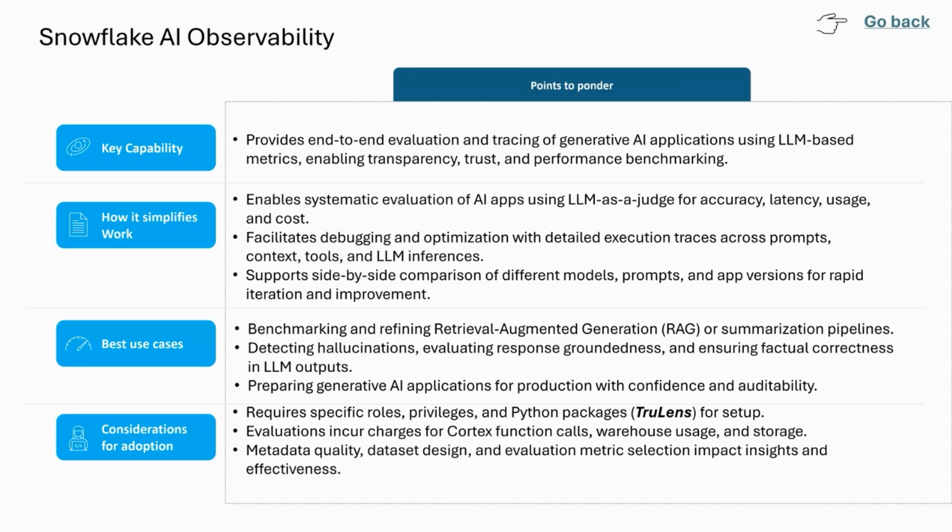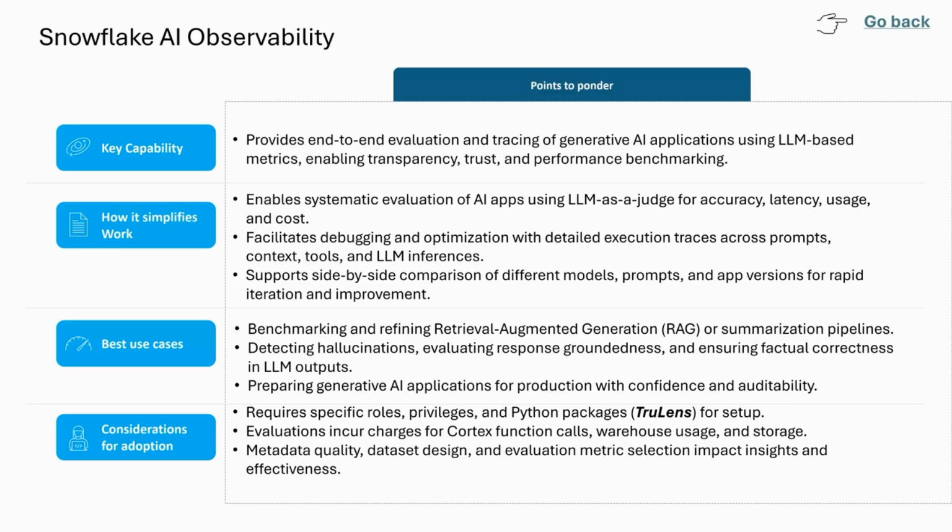Users are able to run evaluations on the generative AI applications, see how the applications are performing, and if any fine tuning is required, they can always do that.